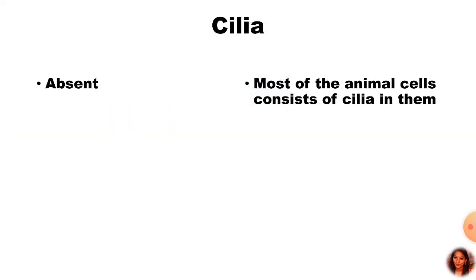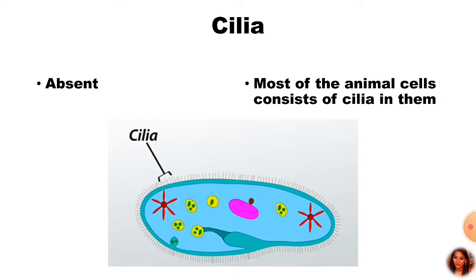Now about cilia, where is it present? The cilia is the outermost hair-like part which helps the cell to move and to rotate on its axis. So it is generally present in animal cells. In a plant it is absent, but most animal cells consist of cilia. If we talk about the human body, inside our various systems, for example the digestive, nervous or respiratory system, we have small hair and villi-like structures. These villi and hair are nothing else than cilia. They are a type and a part of cilia.